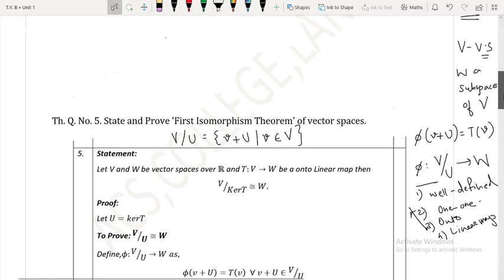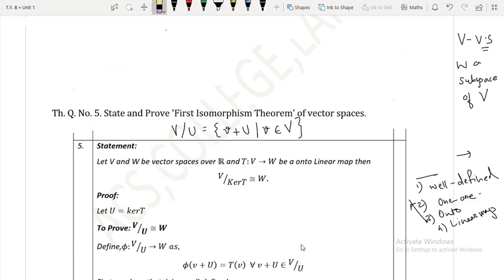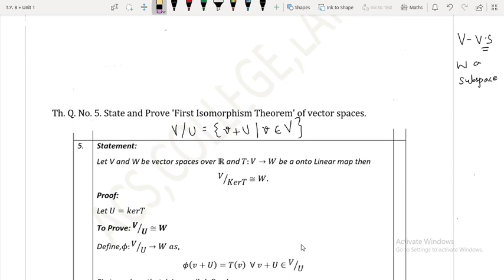So that is what I have done here. You can see, we have defined this map somewhat like this. Now we have to show that it is a well defined map. So now the question is how to show a function is well defined. We should recall the definition of that. We have already seen this definition in theory question number 2, I guess, if I am not wrong. But still we will recall the definition of a well defined function.